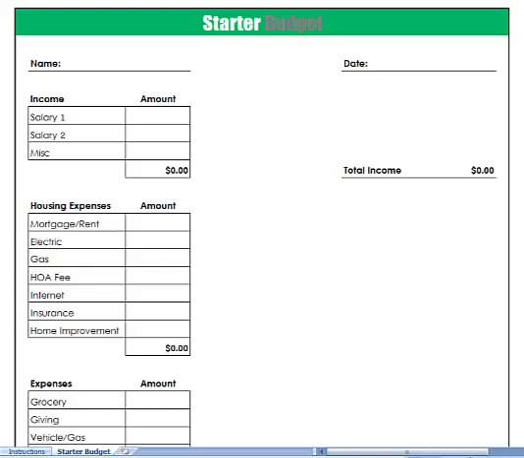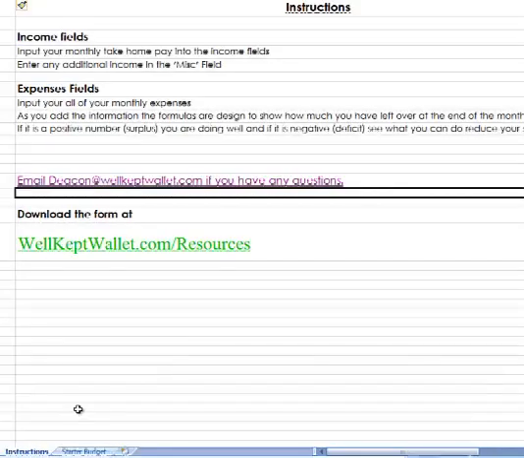I'm here today to show you how to create a budget in 10 minutes or less using the starter budget form that I created. So you're looking at that now, and I'll tell you where you can get this form so you can follow along in the video. I basically created an Excel spreadsheet, so you have to have Microsoft Excel to use this form, but you can download it at